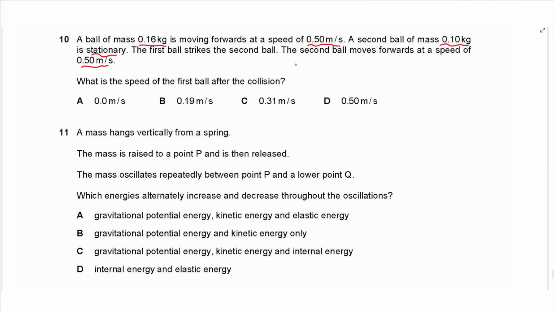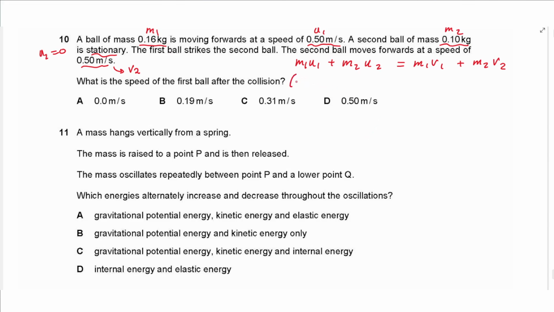So using the equation m1u1 plus m2u2 equals m1v1 plus m2v2, and taking the first mass to be m1, the second mass to be m2. These are the initial velocities, u1, and u2 is equal to 0 since it was stationary. This is v2 because it is of the object of mass 2, 0.10 kilograms, and then we substitute by the